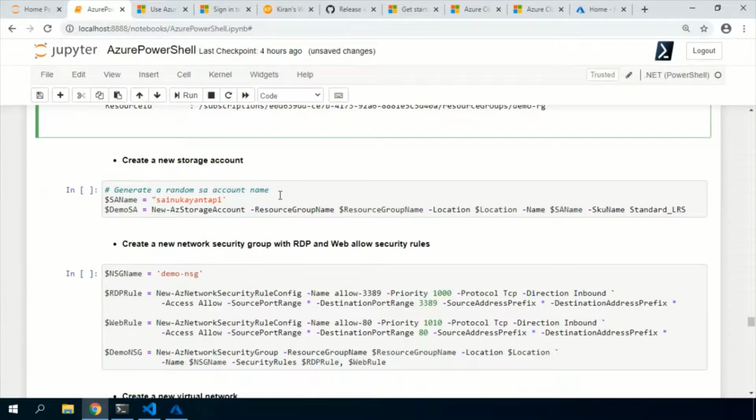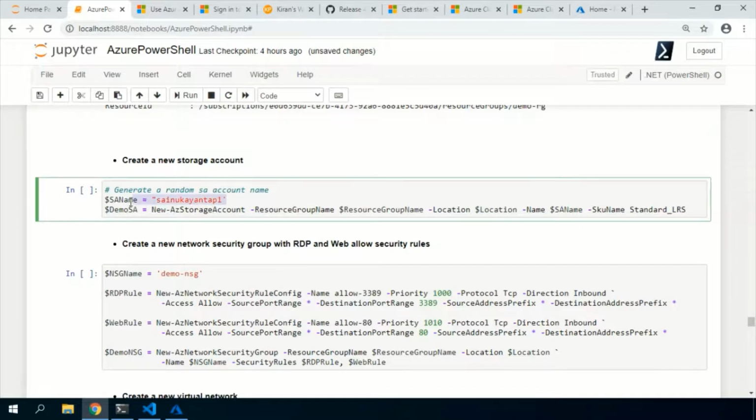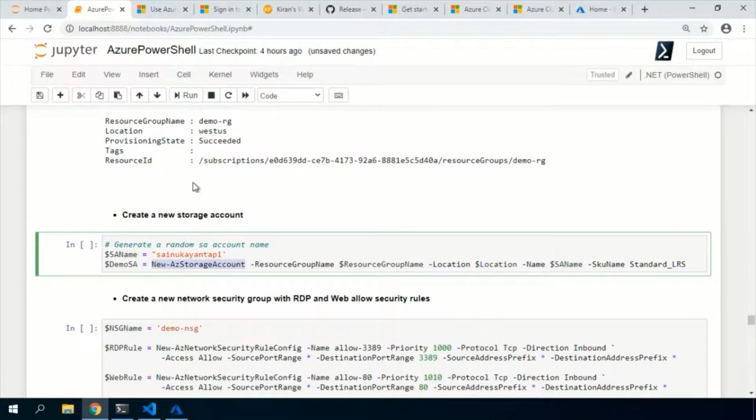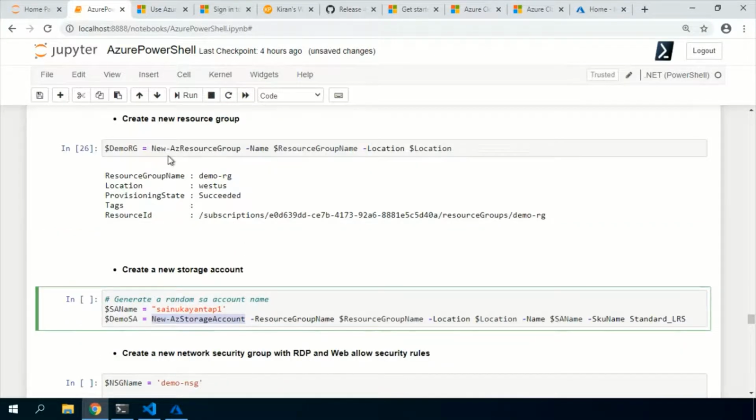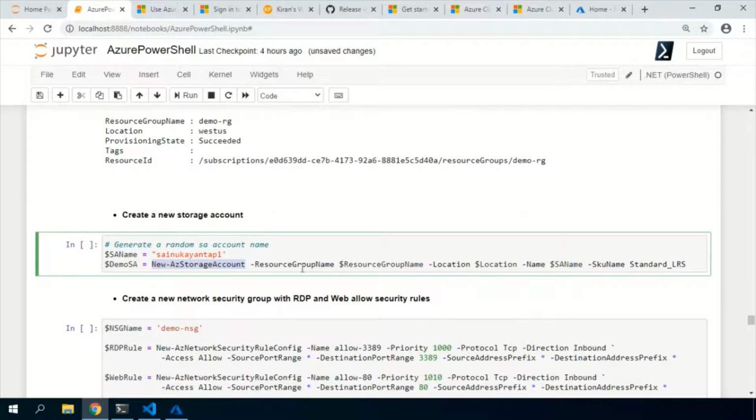And again, I want to create a storage account to be used with our boot diagnostics. For that, I've selected a storage account name, and I'm creating the storage account with New-AzStorageAccount. Since we have created the resource group, we can use that resource group to create the storage account.